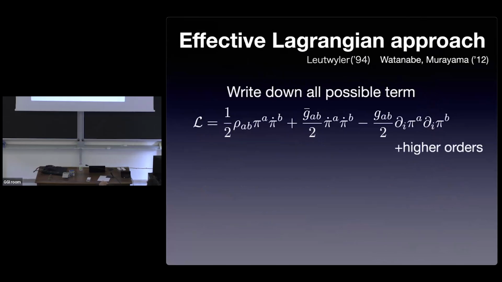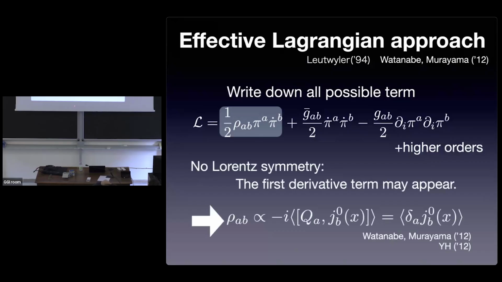In the language of effective Lagrangian, the type B energy mode corresponds to the existence of the single time derivative term. This is the vacuum or ground state case. You can write down the effective Lagrangian by using the energy field. In general, you may have the single time derivative term, and this term plays an important role in the behavior of the excitation.